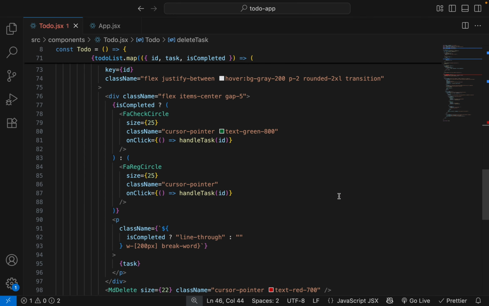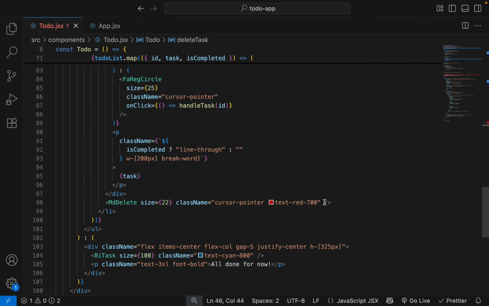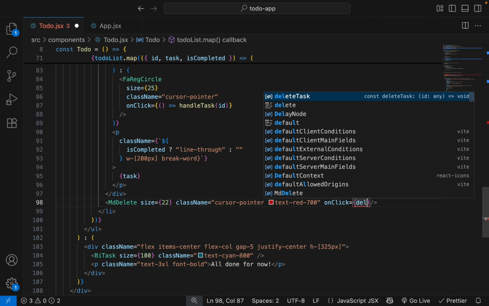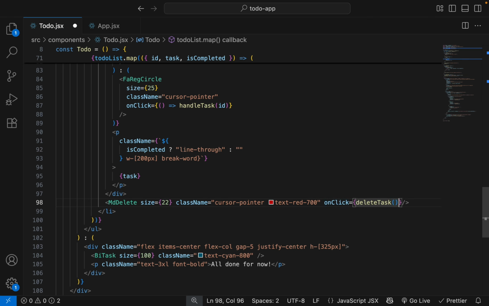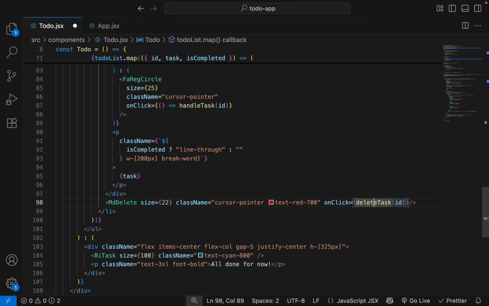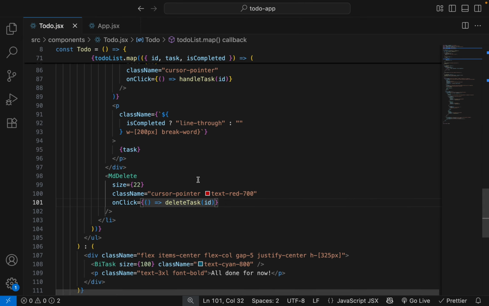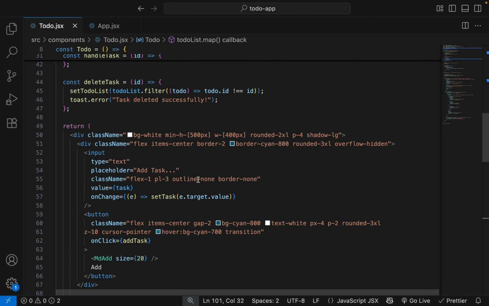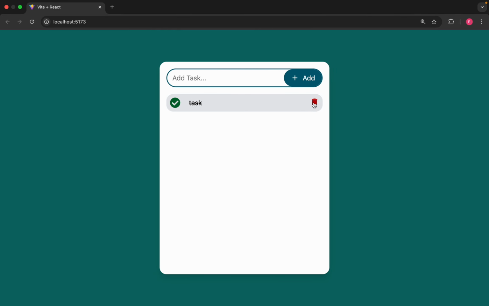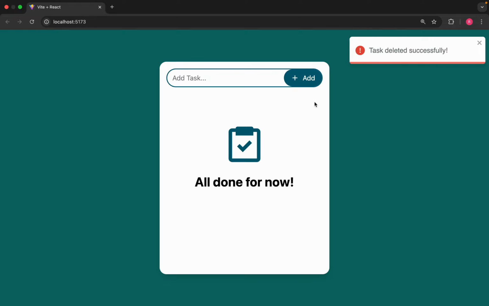Now add this function to md delete. On click delete task and pass the id. So we have added delete function to delete icon. Now let's check task is deleted or not. So our task is deleted.